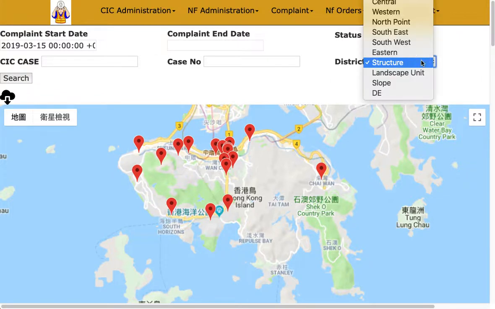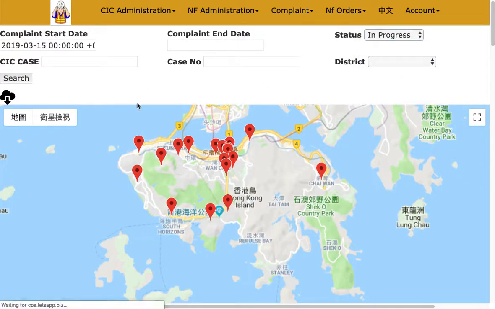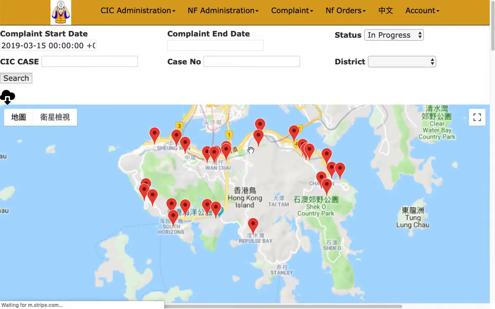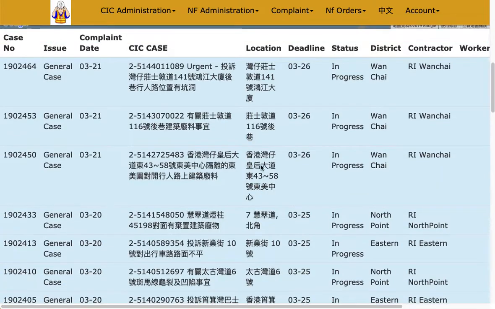Let's do everything and see what are the roads that are still in progress. That means it's not completed. Well, we can see quite a few of them, and we can go to the detailed view and see exactly